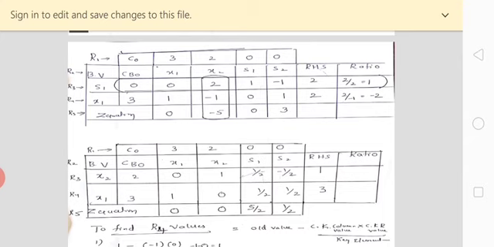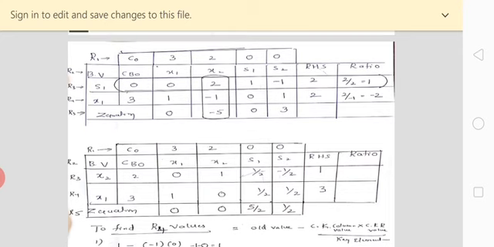Okay, now for R3, just observe the R3 row. Under x1 it will be 0, as it is 0 by 2, so 0 will be there. Again under the R3 row, the x2 value will be 2 by 2, which is 1. Similarly, for the s1 value under R3, it is 1 by 2, minus 1 by 2. And for the RHS under the R3 row, it is 2 by 2, which gives you 1.